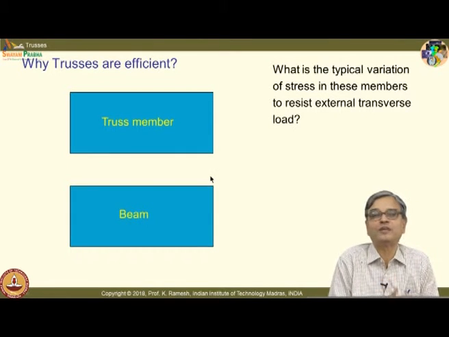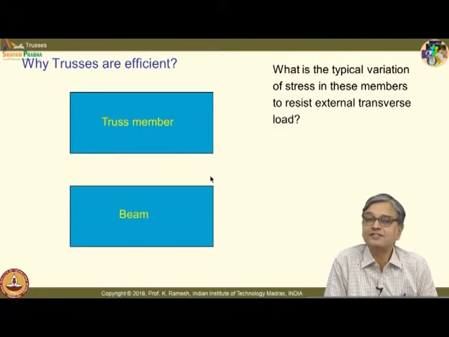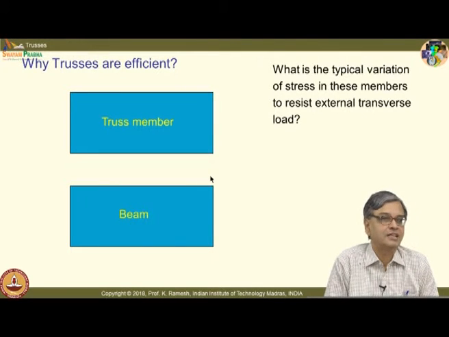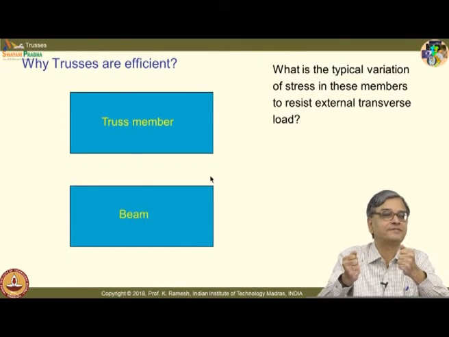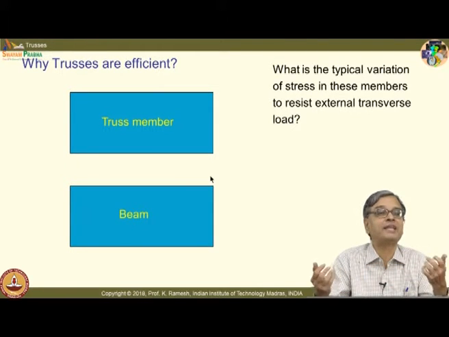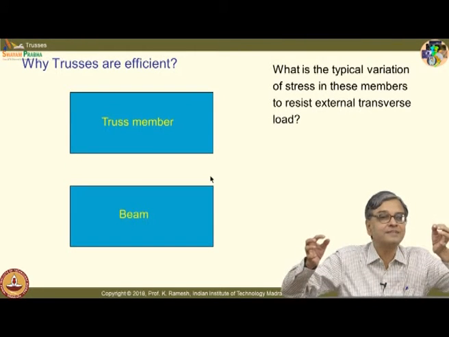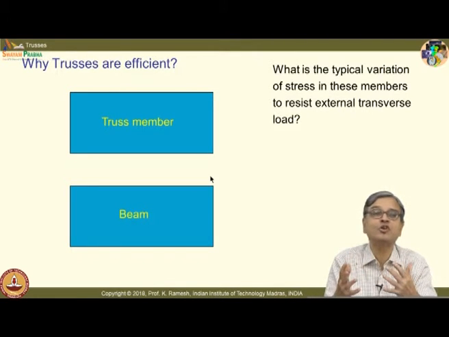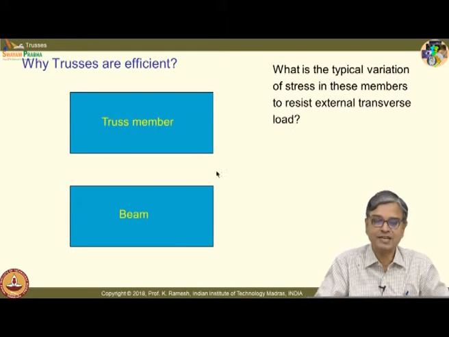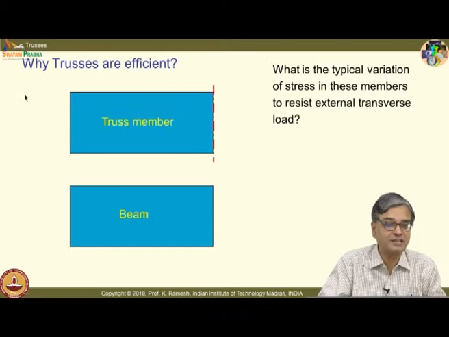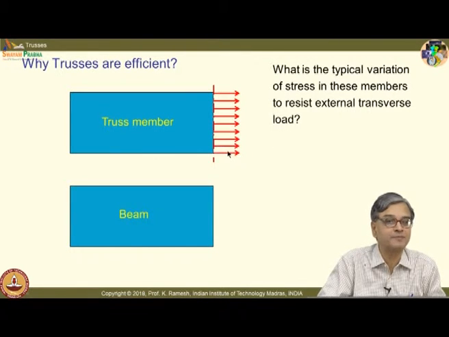Do you not think that before we close our discussion on trusses, we should see why they are efficient? See, a truss is subjected to axial forces, it is subjected to either tension or compression. On the other hand, when the member behaves like a beam, it is bent. The way a member resists the loads is different in tension as well as bending. Suppose I take a generic section, imagine that this is a long member, I have taken a section, and if I look at the resistance, it would appear like this for a truss member.